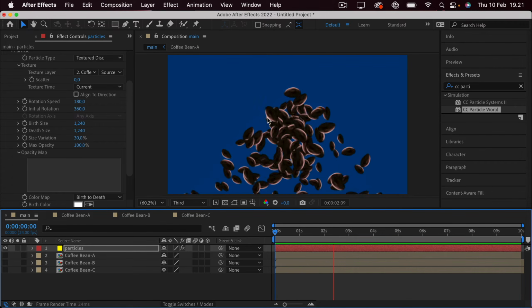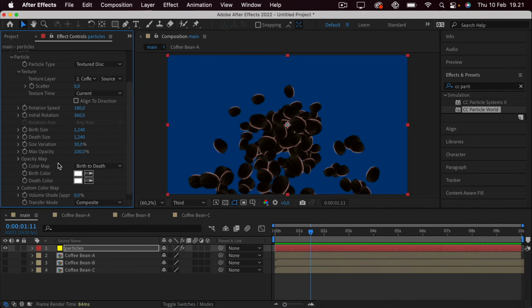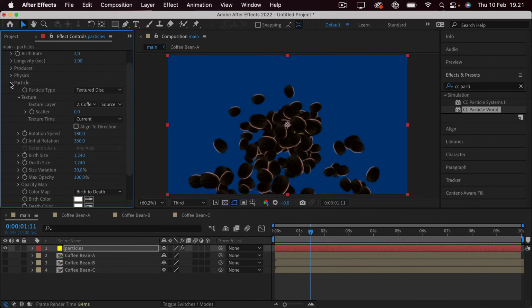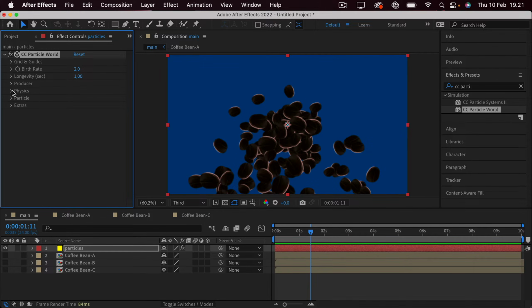There's just a bit too much going on at the moment. So what we can do is go out of the particle tab and go into the physics tab. Here you can see that it's set to explosive, which just means that the particles sort of explode out from one singular point. One thing you can do here is open up the producer. Here you can see we have the radius for the X, Y, and Z. X is the horizontal axis, Y is the vertical, and Z is sort of the three-dimensional axis that goes into